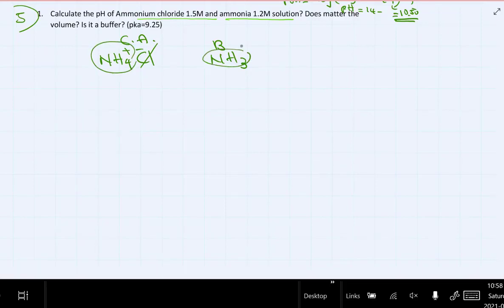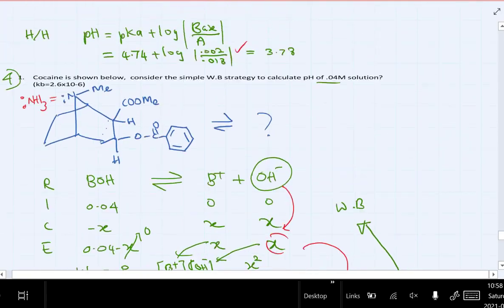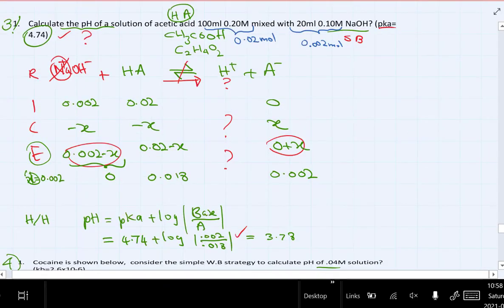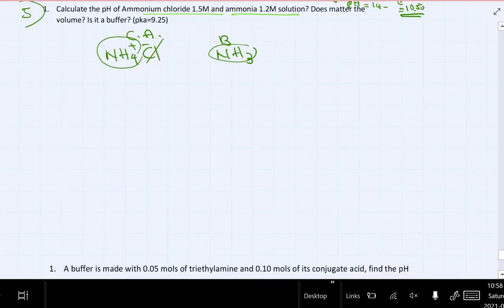And now we can write this ammonium and ammonia as a buffer, because the buffer has two components, a conjugate acid or base of a weak acid or base, and its other component, acid or the base, right? So two components, weak acid or base with its conjugate component, it'll make the buffer system. Now,